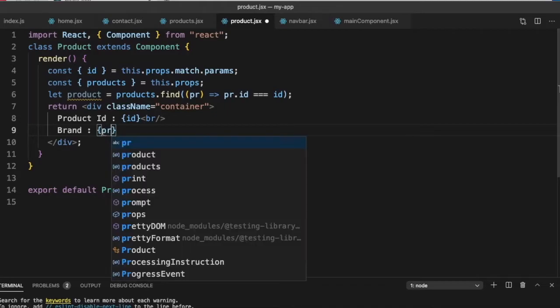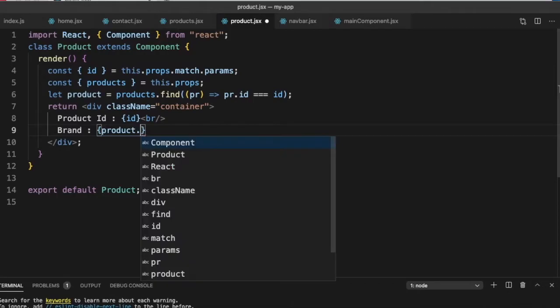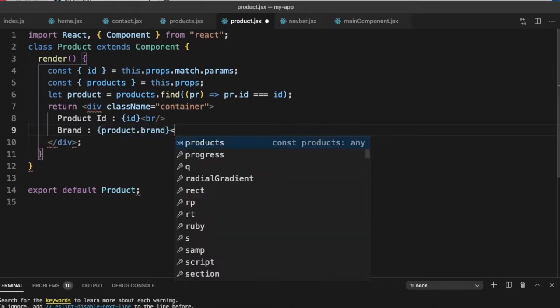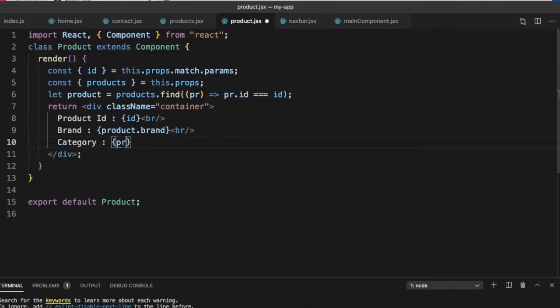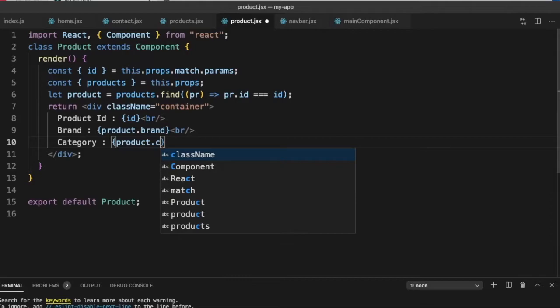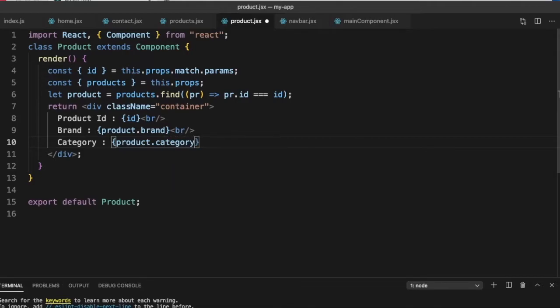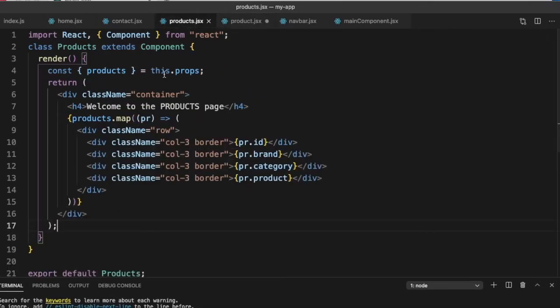brand is product dot brand, category is product dot category, and our name, what was our fourth field?